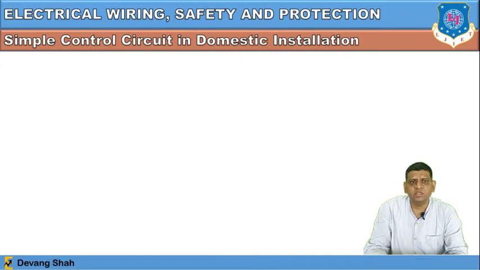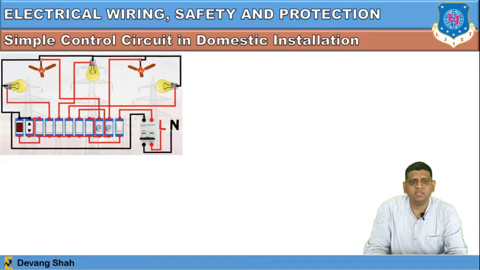We're going to discuss the simple control circuit in domestic installation. This is related to how the wiring is done at your home. You can see there are different switches available, where there is a main supply, and the neutral line and the line current go through the MCB, or a main switch. Then you have switches, and all those switches are connected to the different appliances like fans and lamps